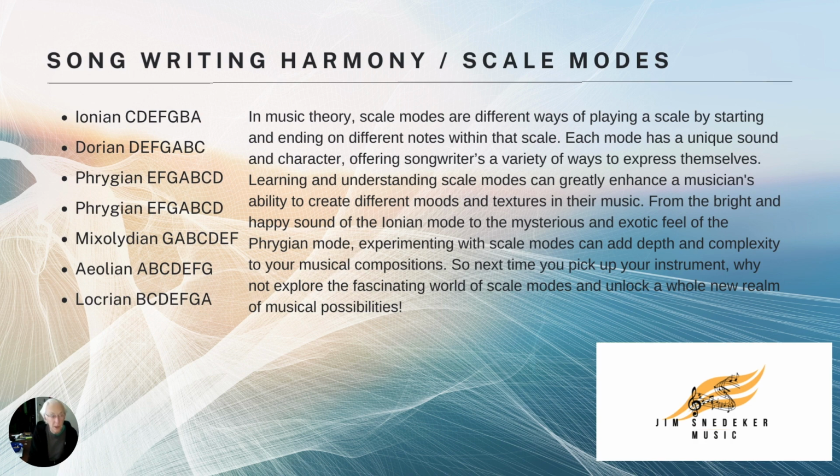For instance, the C major scale starts on C. When you start it on D, it has a whole different feel. That's called Dorian. Phrygian can be kind of a mysterious sound, but it's just what you need when you're looking to take that melody and do something a little bit different with it. That's where modes can really help us. Again, it's not important to memorize all the names, but understand how they work. The next time you pick up your instrument, it's worth experimenting whether this can add to the palette you might use to paint your next melody.